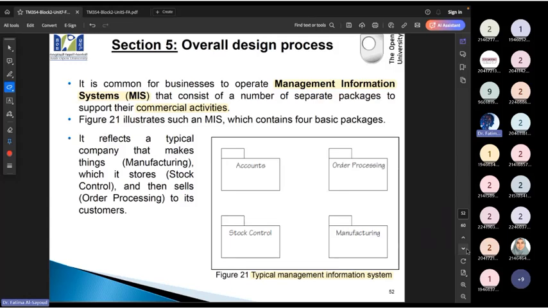An example is a management information system. This is a very famous example in software engineering. Suppose we have a company. Usually we have a management information system. What does that mean? I'm going to have a set of information about the users, everything related to the customer. So I have accounts, and I have things about orders, so I have order processing.